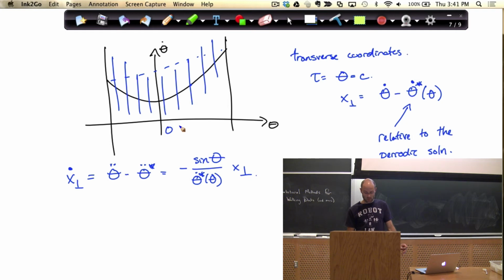What's the sign of that thing? Theta dot star is always positive on my nominal solution, so the denominator is always positive. Theta is going from a negative number to a positive number, okay? So this is negative, which means this whole thing is positive. It's sort of up here. If you draw those trajectories, you won't be surprised when you draw the